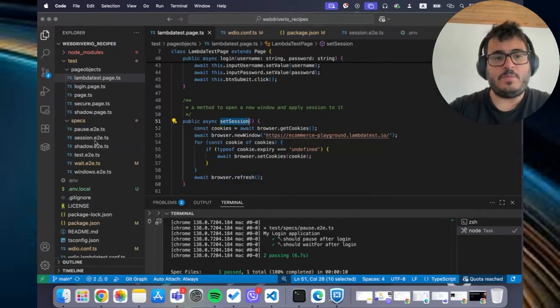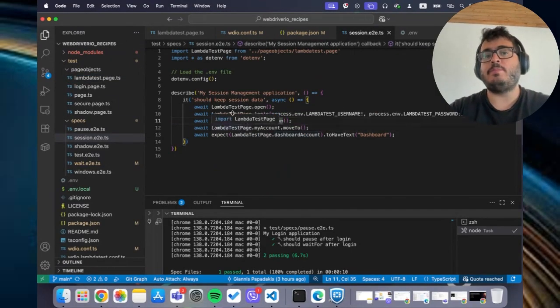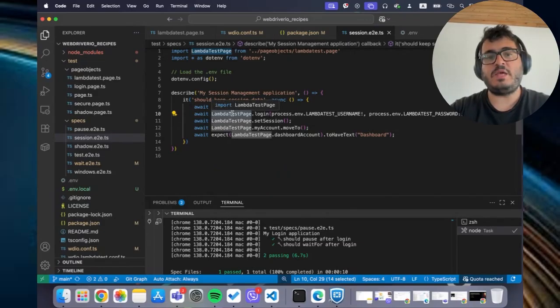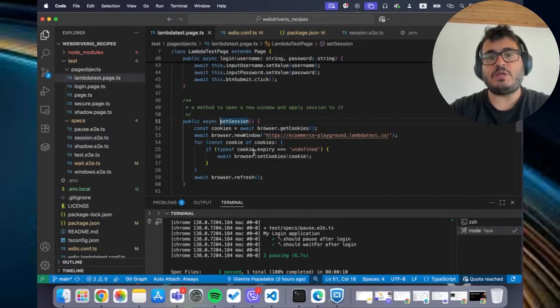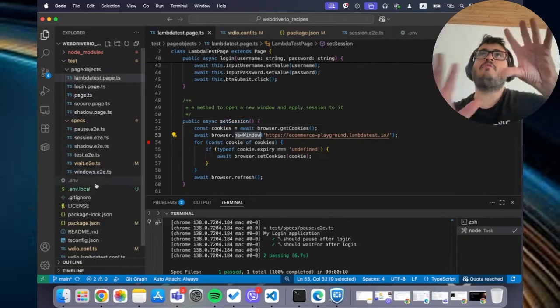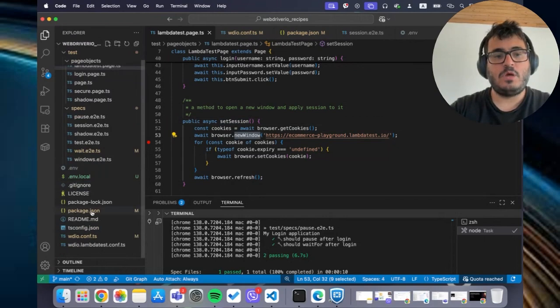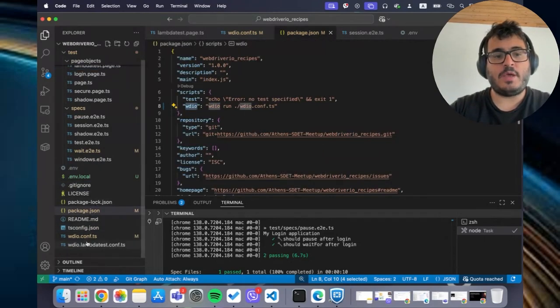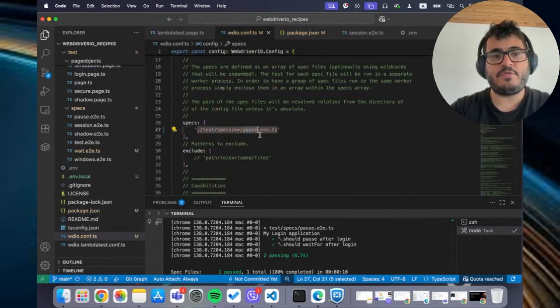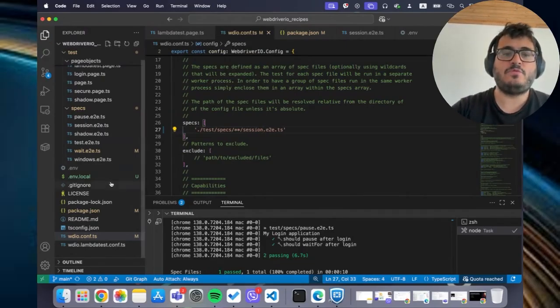Now, let's see the example. I'm going to run this example. It's using the Lambda test application page. I'm going to set some breakpoints first, after setting the new window, just to have a reference to see how it's being executed. But first, I need to go to my conf.js file and set the session end-to-end TypeScript file to run the tests. So if I run my tests,